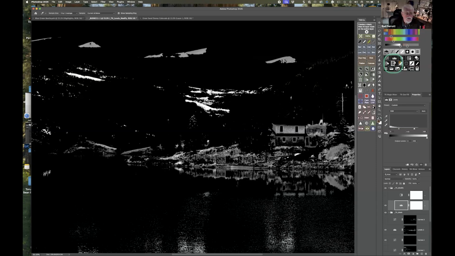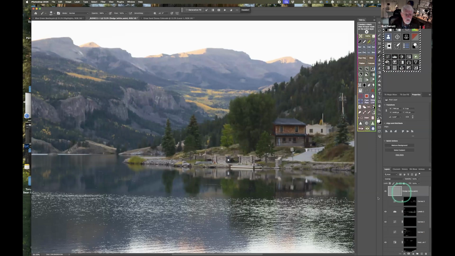So if you come to this and you click it, I guess this is just a mask. It doesn't have it. This is just the dodge burn tool. So I haven't made a mask. I apologize. But with the dodge burn tool, you'll notice that we're in overlay blend mode, and it's selected a white brush because we're dodging. If we were burning, it would have selected a black brush. As we dodge, we're at 100%, which is too much. I'm going to a flow of maybe 11%, and you can see that I can selectively dodge these areas